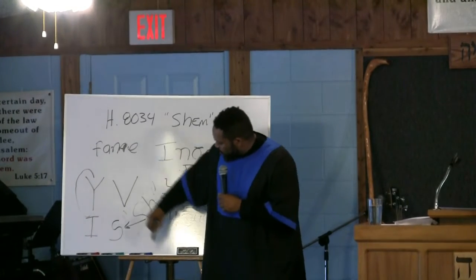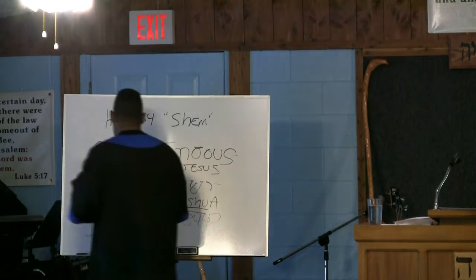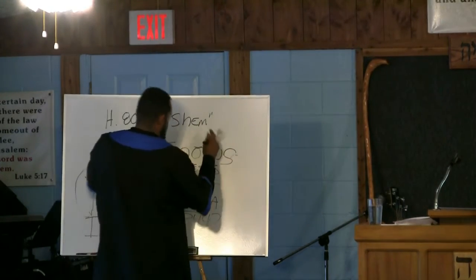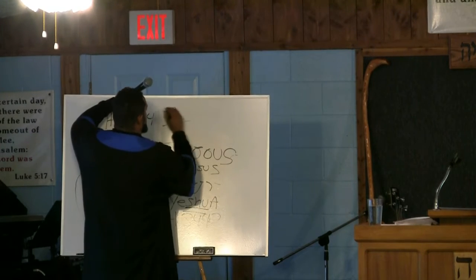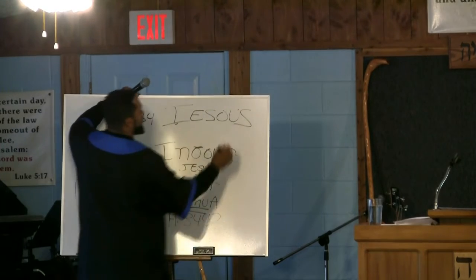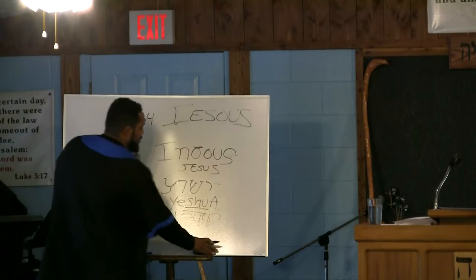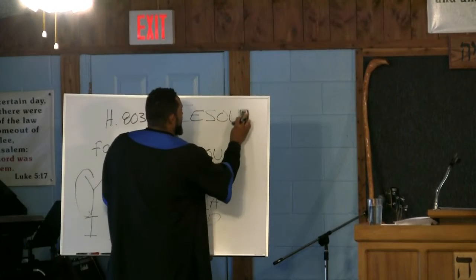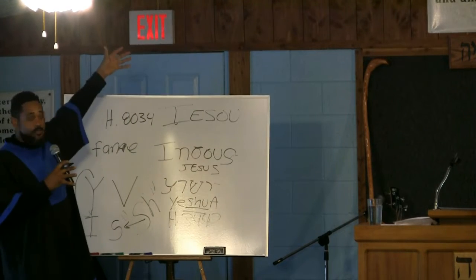So the sh is with the S and the Y is with the I, and that's how you came up with it. Now always remember that before this S was added, that's the way that they translated it, coming from Greek